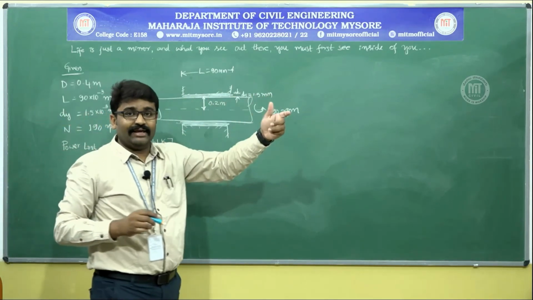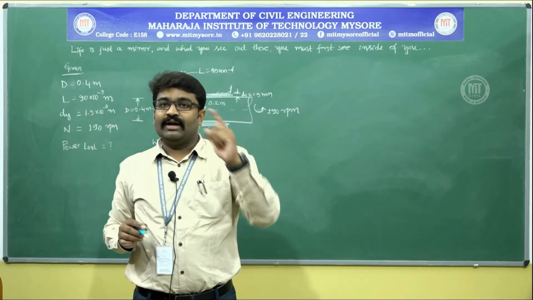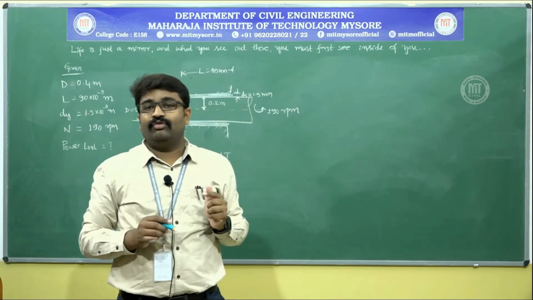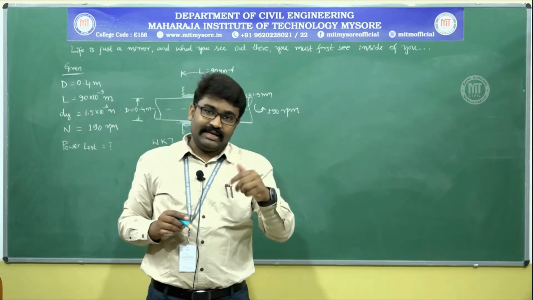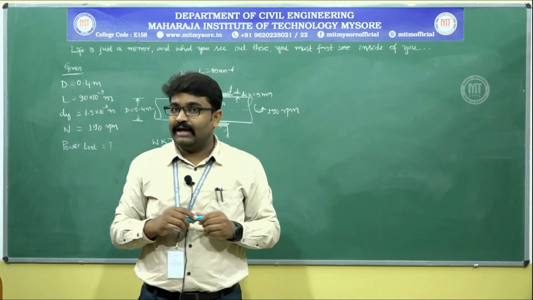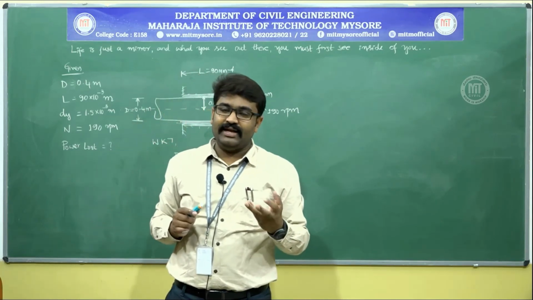Where is force hiding? Force is in the equation that we know about viscosity. Tau is equal to mu into du by dy, where tau is force by area. You can easily calculate the area now, because you know that it is the contact area, that is the surface area and not the cross sectional area, which is given by pi d into L.